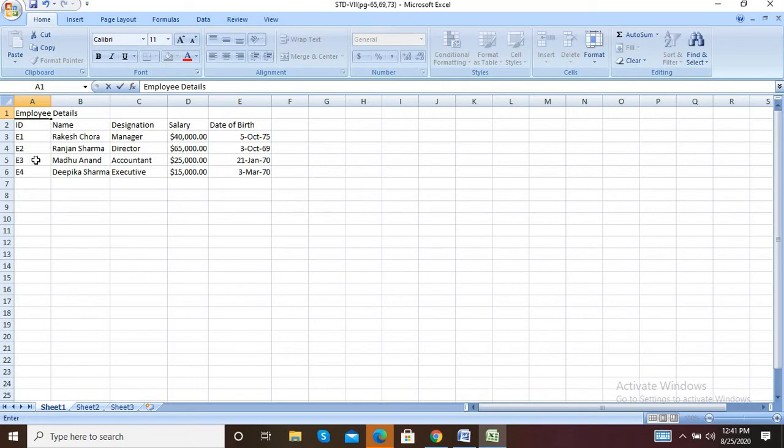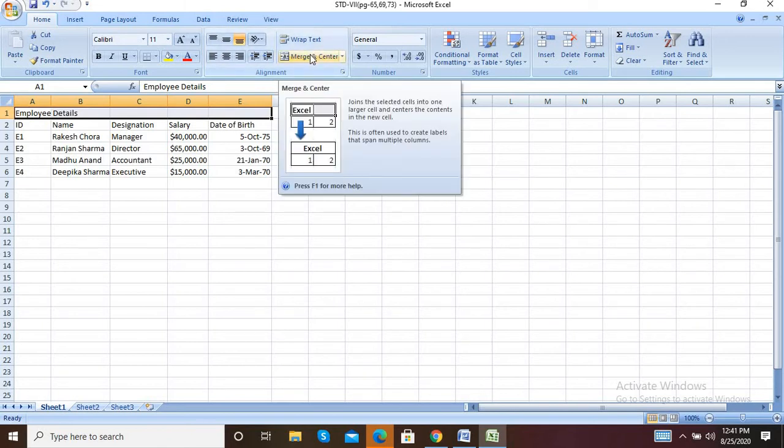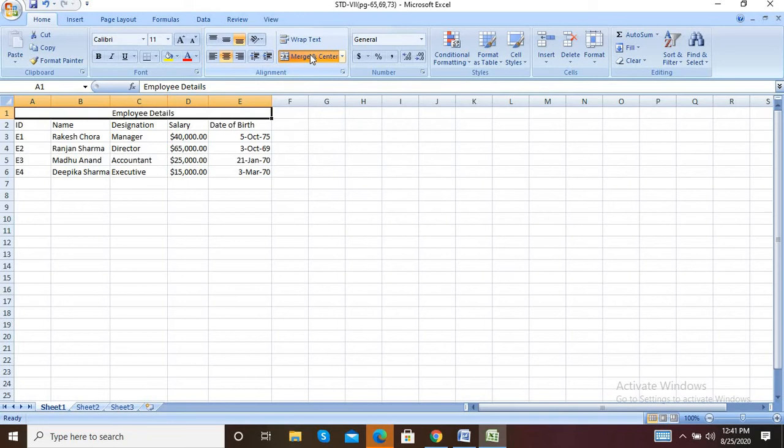Okay, then select the range A1 to E1 and click the Merge and Center button in the Alignment group. So this is A1 to E1, and this is E1. You have to select till this E1 cell and click here in the Home tab. In the Alignment group, the Merge and Center option is there, so just click. When you click on that option, the single cells are merged into a